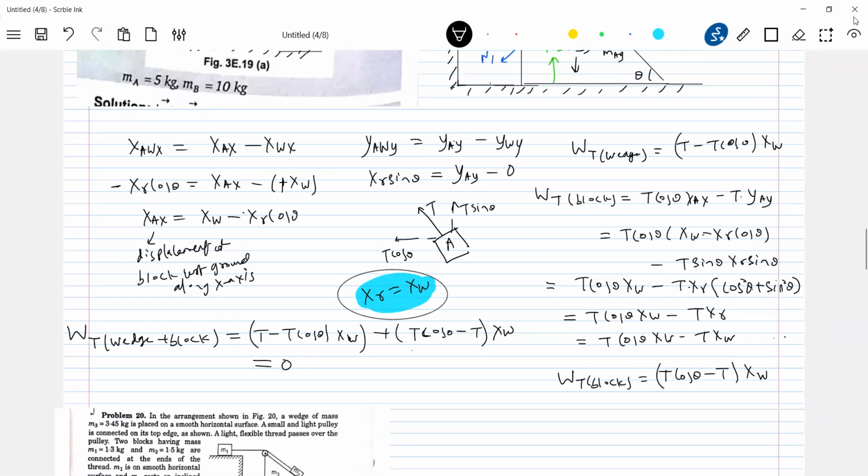Sir, what is the direction of x-axis, sir? Direction of x-axis is positive, no? X value I should substitute here. That will be towards left, positive only. See, it all depends upon the displacement of block with respect to ground along x-axis. That I brought it here. I substituted value of x.